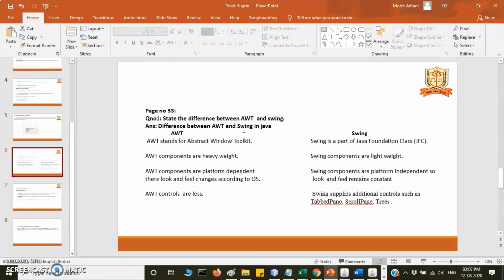AWT components are platform dependent; their look and feel changes according to the OS. Swing components are platform independent, so their look and feel remains constant. AWT controls are fewer compared to Swing. Swing supplies additional controls such as tabbed pane, scroll pane.